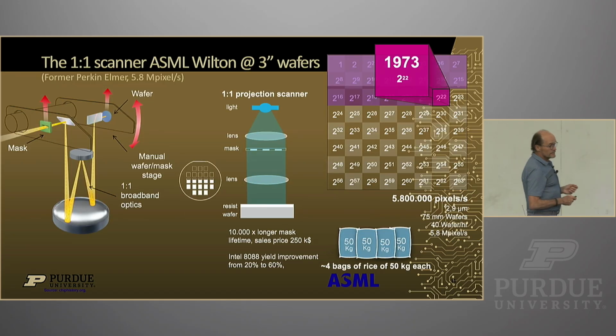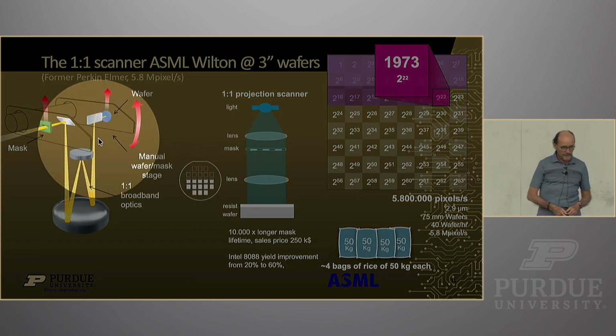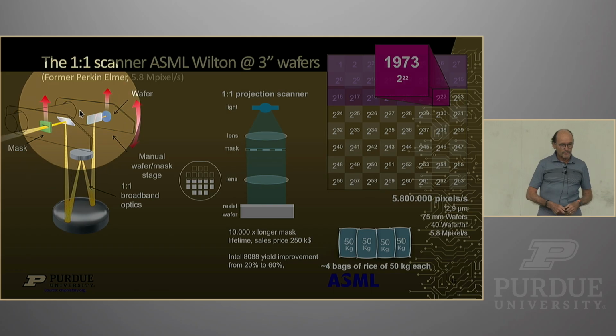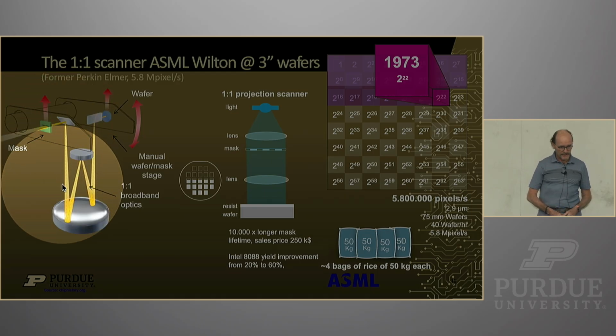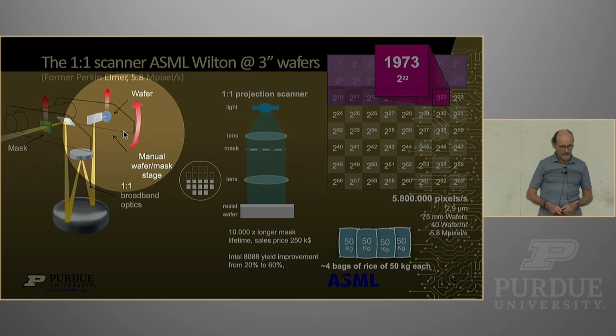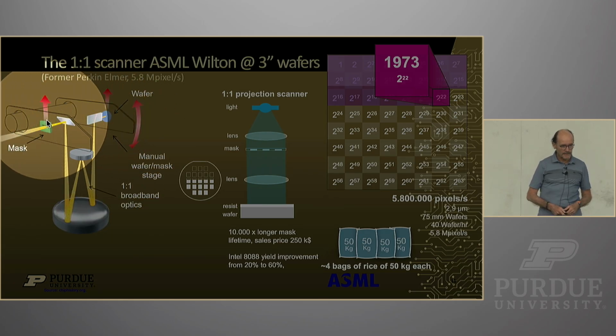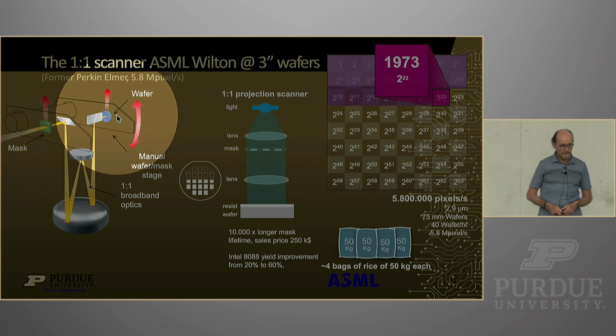A little while later, we started to be able to do more. And here you can see on the left an example of how we used one-to-one printing. So there is a mask here. I shine the light through it. With this mirror, it gets reflected back and forth, and I now get an image of a slit of this mask on the wafer here.